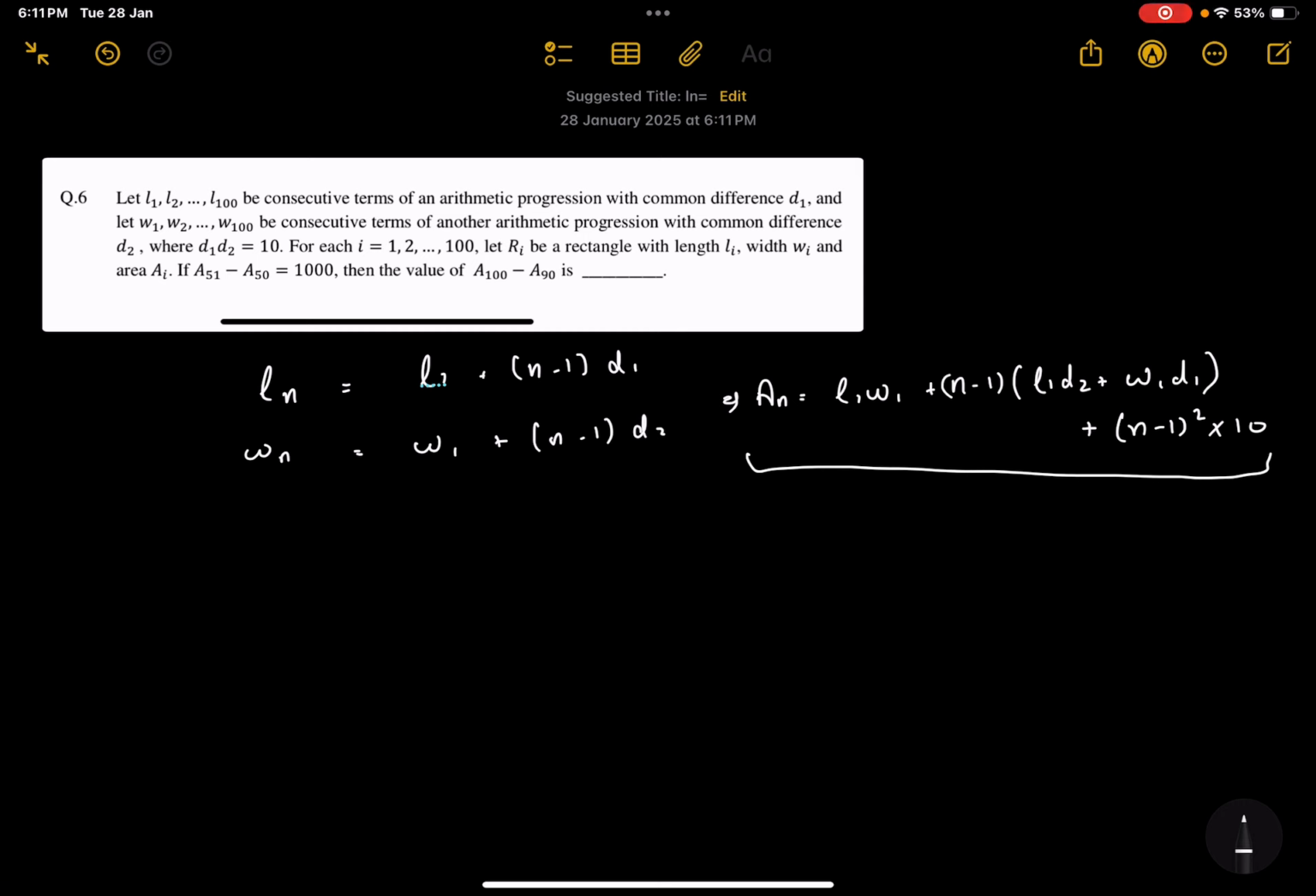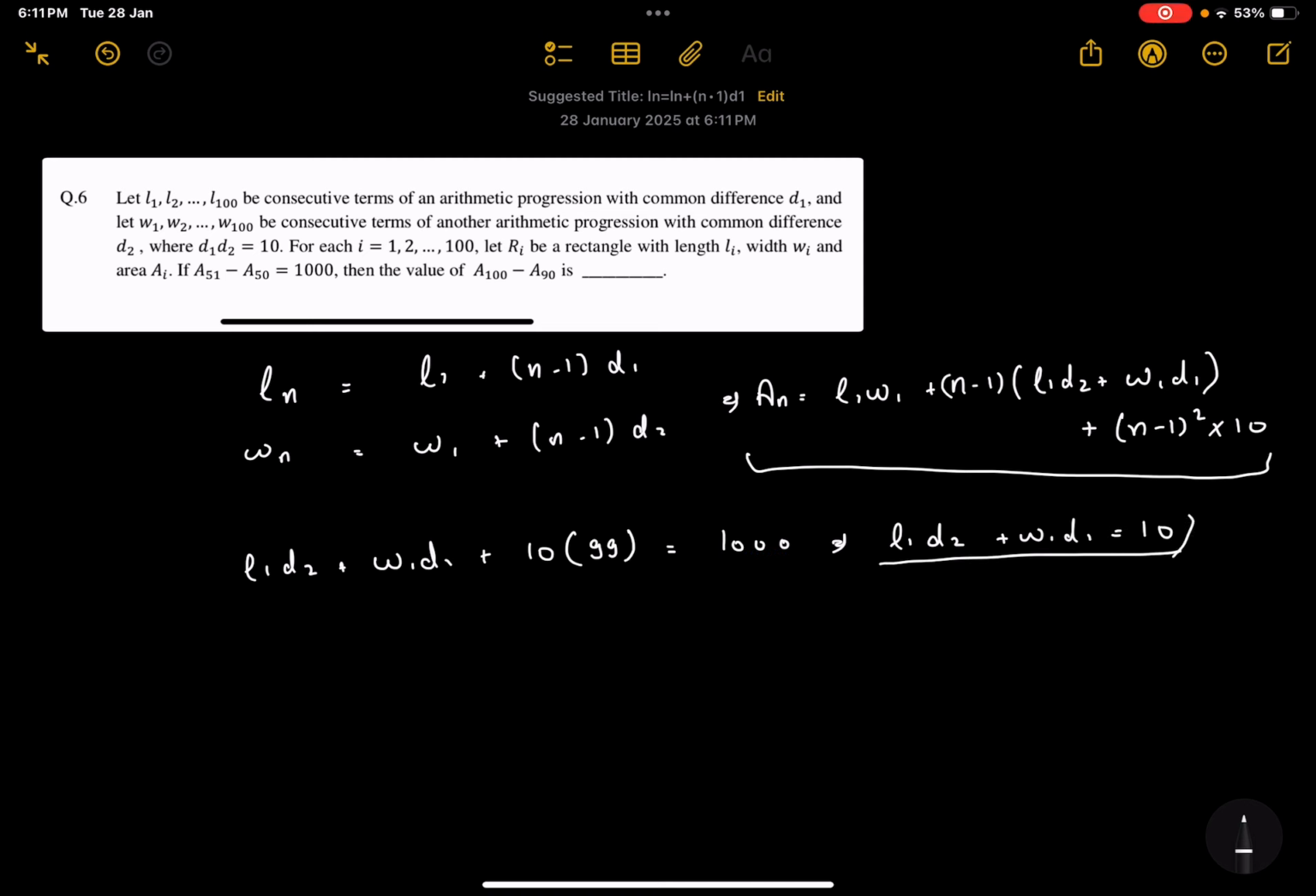Okay. So we are also given that A51 minus A50, which becomes L1 D2 + W1 D1 + ten into 50 squared minus 49 squared, which is 99, is 1000, which gives us L1 D2. So we'll substitute this here, which will give us An equals to